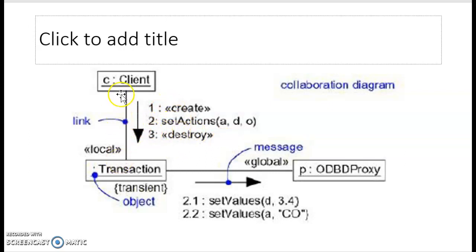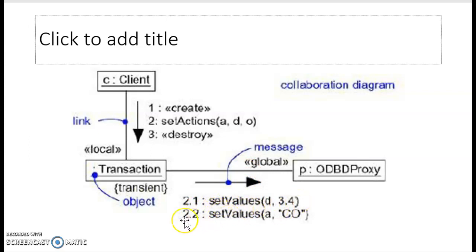There is a link which is associated between one object and another object, and the link can be local and global. So these local calls and the global calls are being shown in this case of the object. Now this 2.1 and 2.2 are also the particular sequences which are being shown of the calling of that